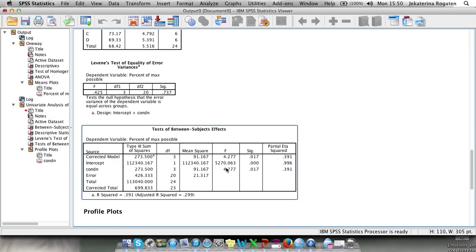Between-subjects effects, that's where you'll find the results for your ANOVA, and condition corresponds to your main effect for your factor condition. It basically tests if there is a difference between the 4 levels of your factor. Here we get the F value and the significance level that are exactly the same as in One-way ANOVA, but here we have an error term, which corresponds to within participants